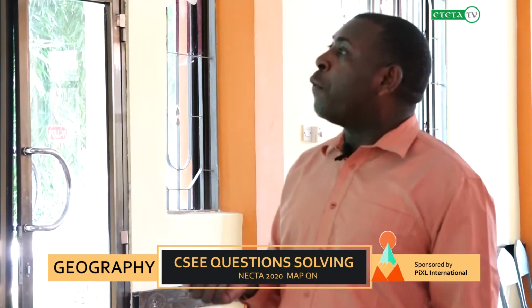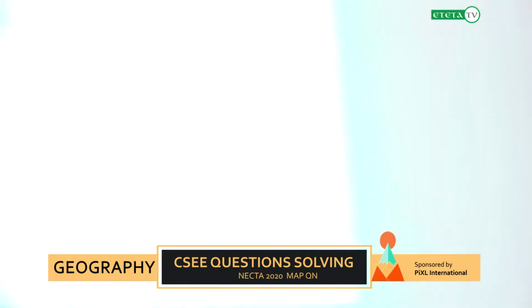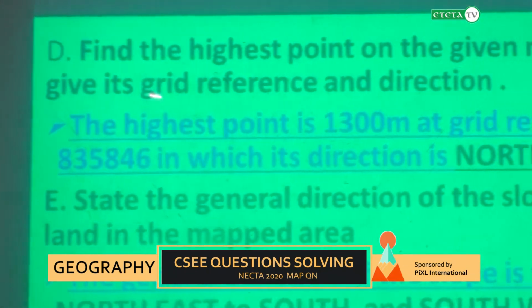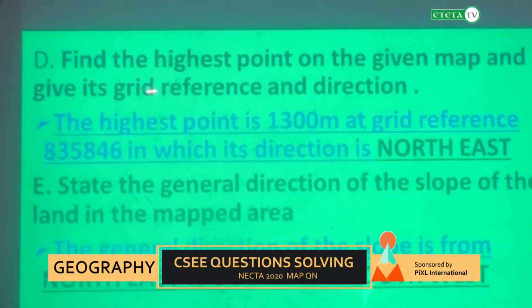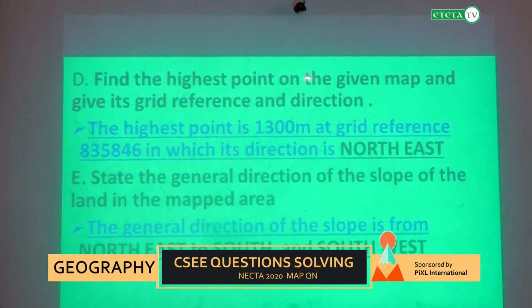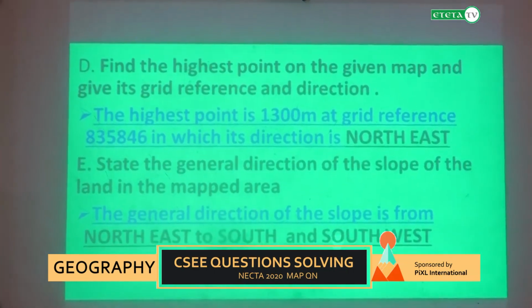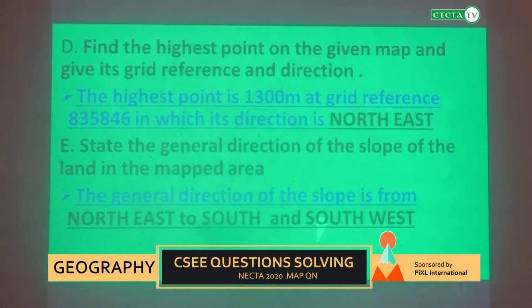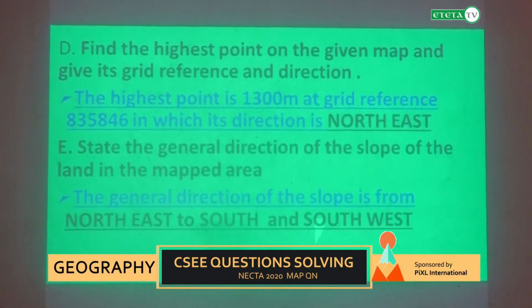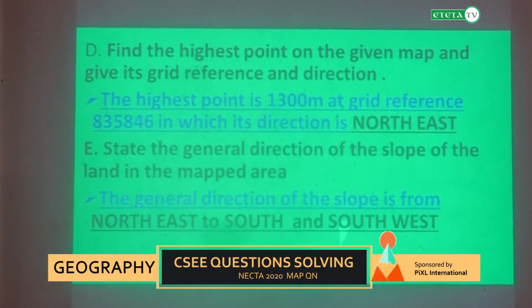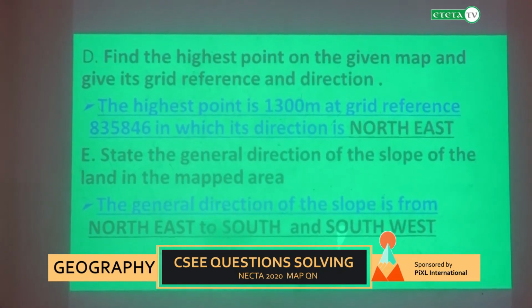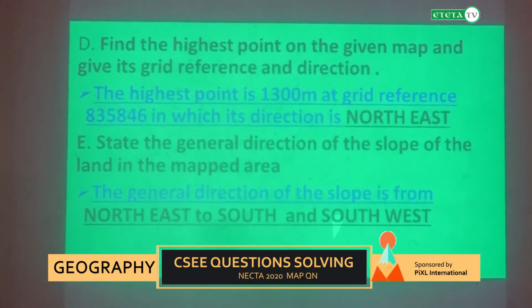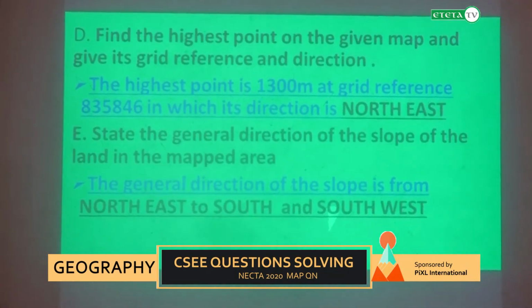Another question from the same year was to find the highest point on the map. Find the highest point on the given map and give its gradient difference and direction. Now here, if you go back to the map, you must check which point has got the highest altitude in terms of meters. If you go back to the map, you see that there are some areas